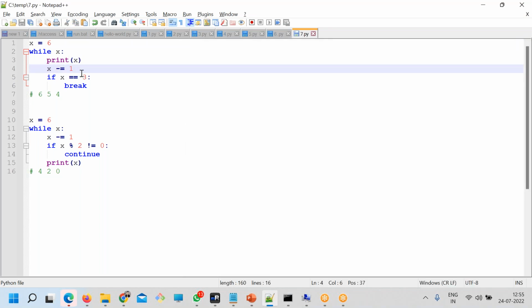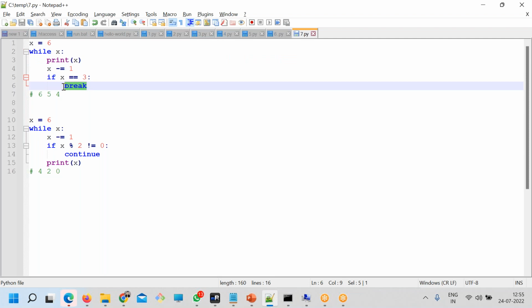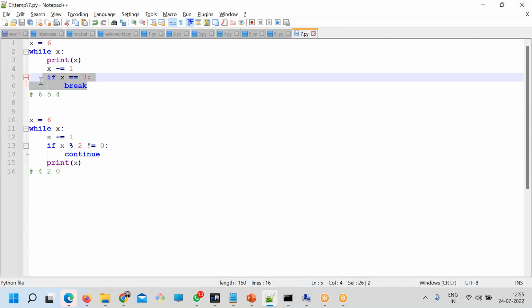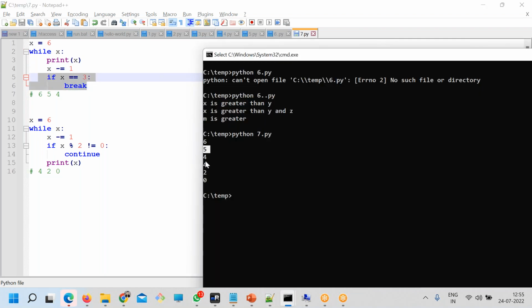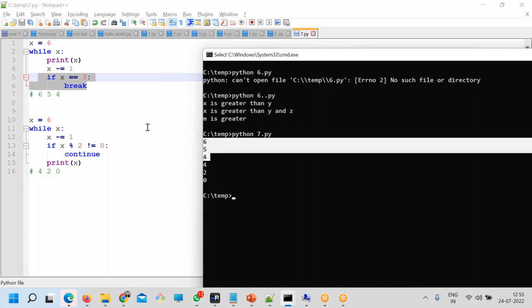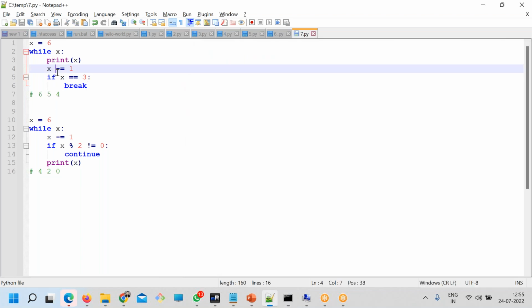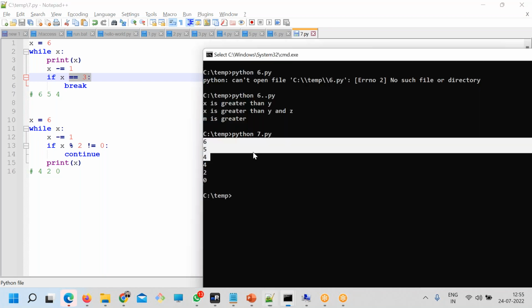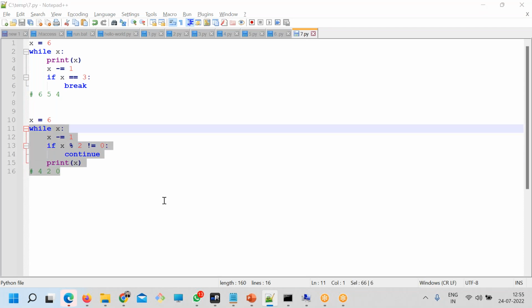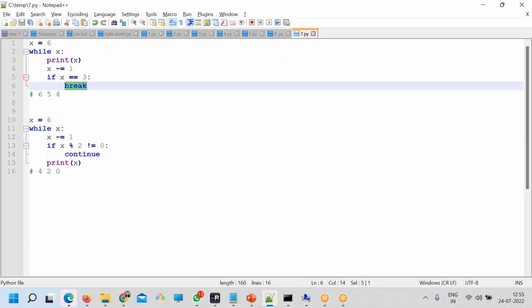So next loop when you run, and breaking is happening only if x is equal to 3. Look at this. So here 654 which you are running. And the moment it reaches equal to 3 it is breaking. So first loop is printing 654, and the next loop which you have here, you are not breaking it.